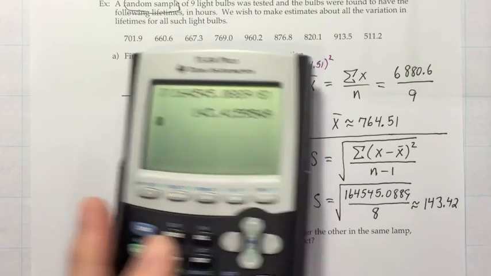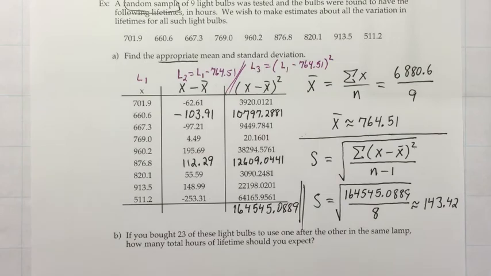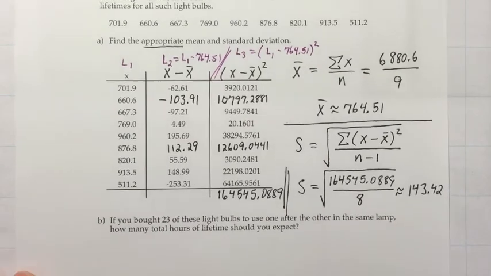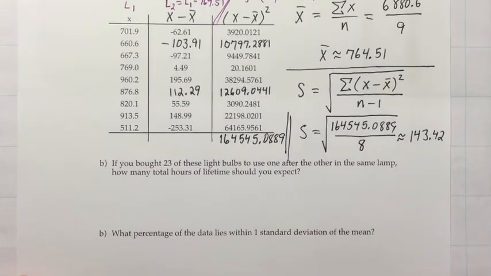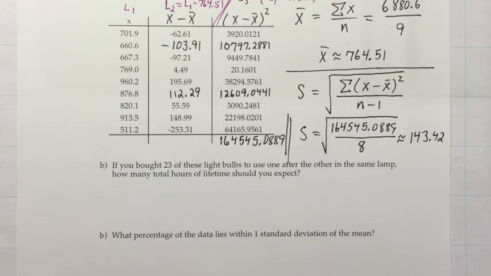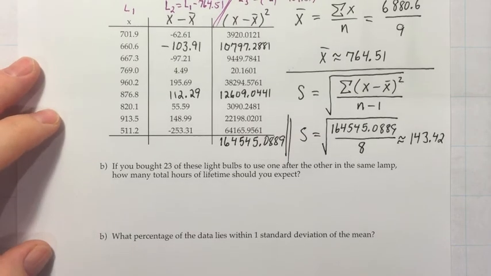All right, now let's take a quick look at how we can use the sample mean and standard deviation that we've calculated. Let's do that by moving on to question B. If you bought 23 of these light bulbs to use one after the other in the same lamp, then how many total hours of lifetime should you expect? Well, if you had 23 light bulbs, then they should last on average about